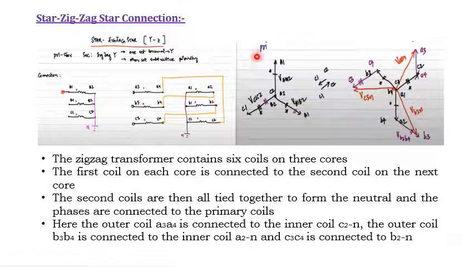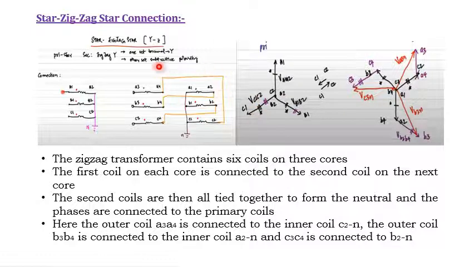You are all familiar with the primary side phasor diagram, because this is star fashion. In case of star fashion, how can the phasor diagram be drawn? All the three windings are placed at 120-degree phase shift. So this is A1, A2, B1, B2, C1, C2, all placed at 120-degree phase shift. The voltage across A1, A2 is called V A1A2, the voltage across B1, B2 is called V B1B2, and the voltage across C1, C2 is called V C1C2.